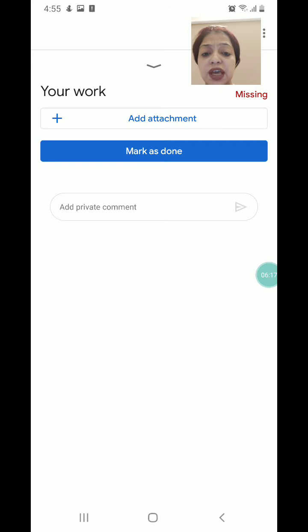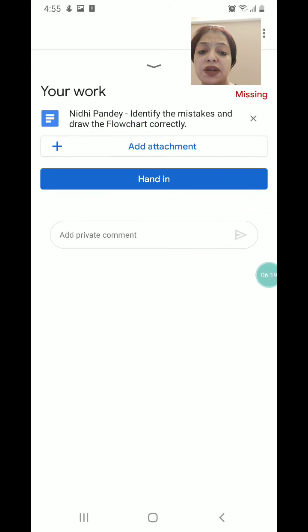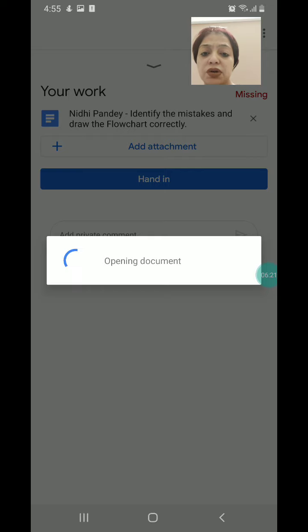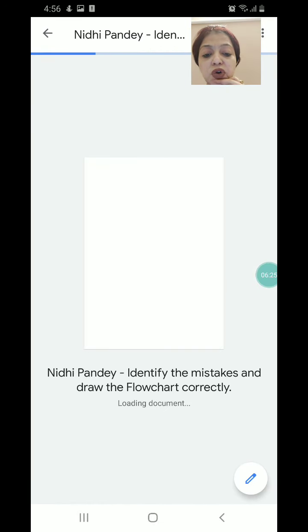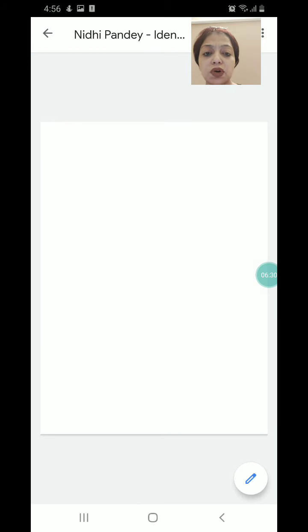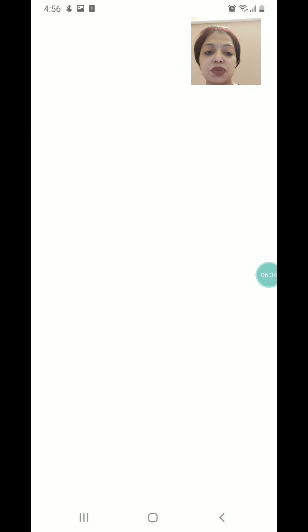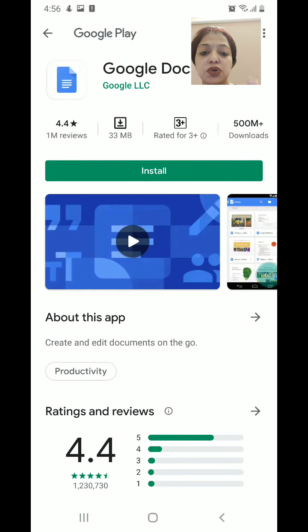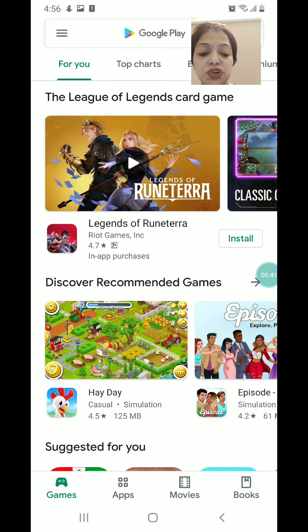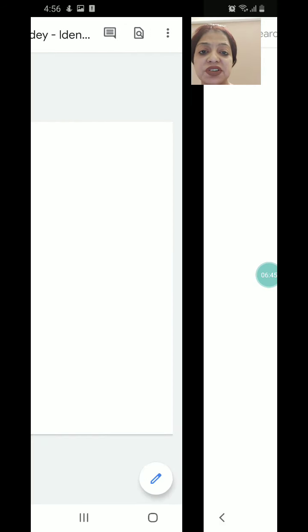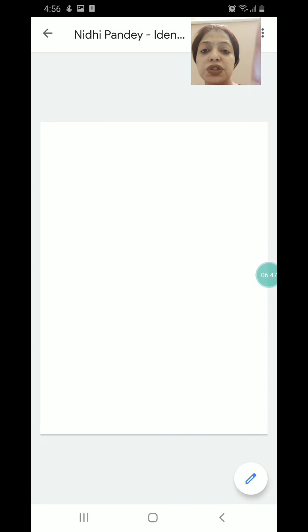But if you don't want to type on the document and print it, let's say a new document is opening here from MS Word installed on your computer or phone. When this new document opens, children, you can just click on the edit button and start typing the document. Since Google Docs is not installed, it's not working. But if it is installed on your computer, you can always type directly online. And if you don't want to type directly online, what is the other option?